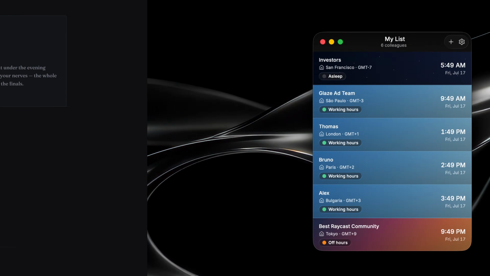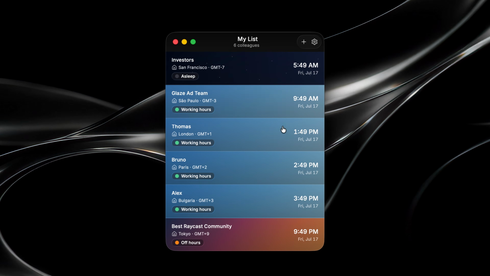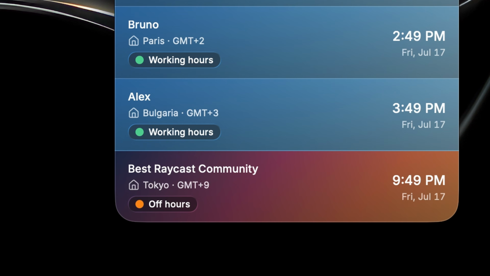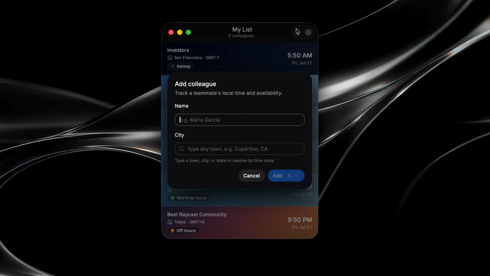And this one is called Zones, and it's basically an app that allows you to add all of the time zones of your teammates or even friends, I guess, and look at them at a glance. It's a very beautiful looking app, to be honest. And here I can see the time zone. I also like how there's this little label here to show whether it's the working hours or not. And to add a new time zone, you just click this little plus button